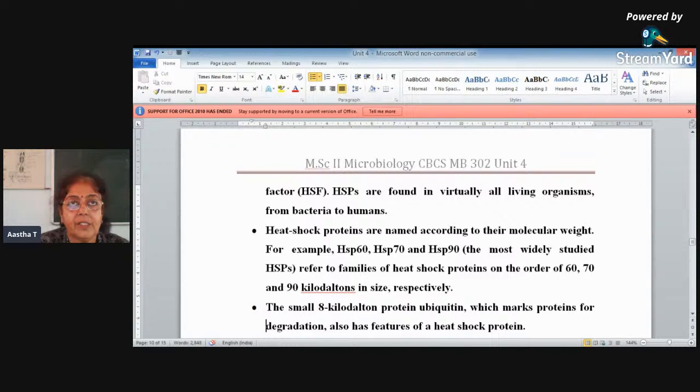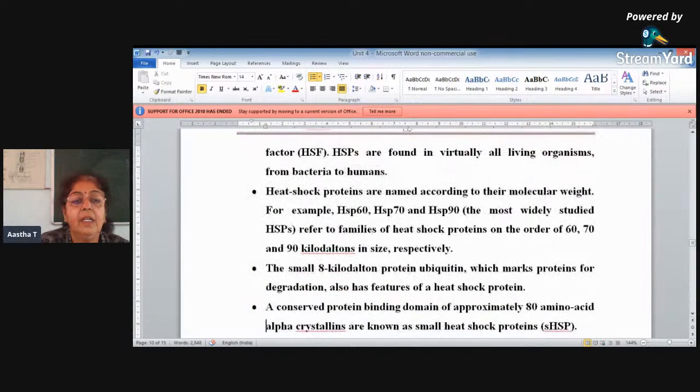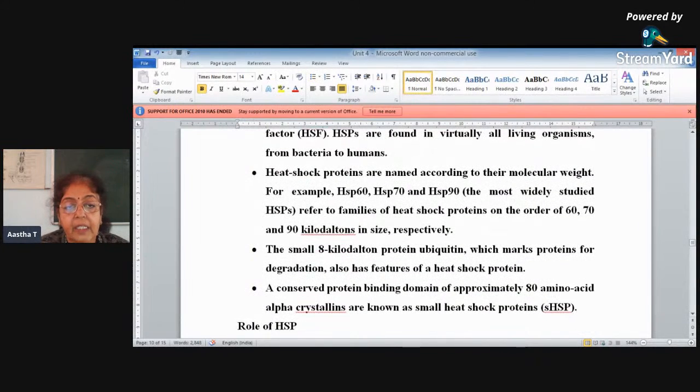For example, HSP 60, HSP 70, HSP 90. So 60, 70, 90 kilodaltons is the molecular weight of these heat shock proteins, and they are written as HSP60 so that we can differentiate between them. सगळे हीट शॉक प्रोटीन्स आहेत, पण त्यांना डिफरन्शिएट करण्यासाठी आपण त्यांना हे 60, 70, 90 त्यांच्या मॉलिक्युलर वेटचं नंबर तिथे